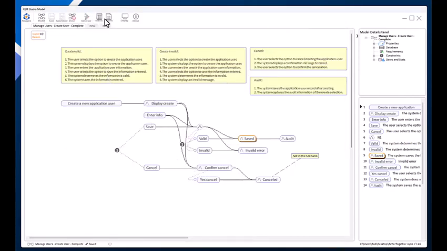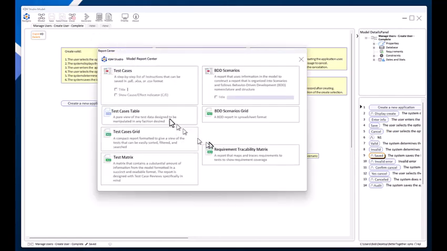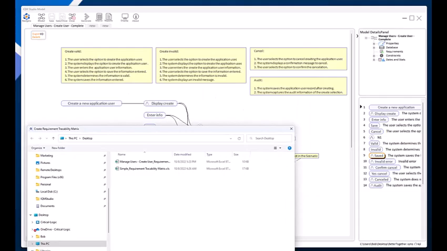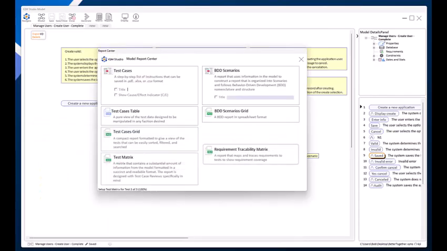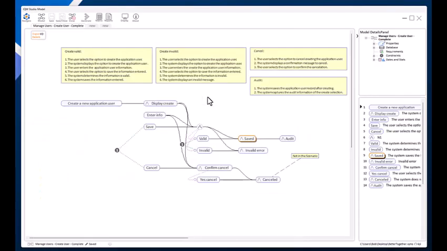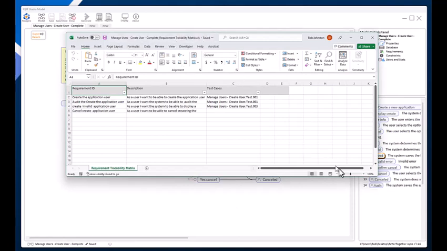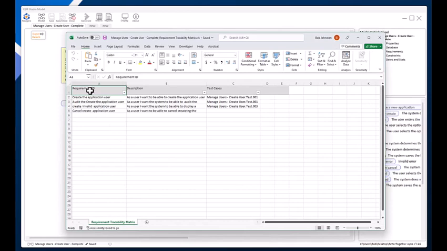There's lots of other formats of the reports we can produce, including some outputs that you can import into other tools and so on. One of the things that's really powerful here is this requirements matrix. Let me go ahead and run this requirements matrix report for you. This output is just in a spreadsheet format, but what it shows you is a very simplified list of the 4 requirements or 4